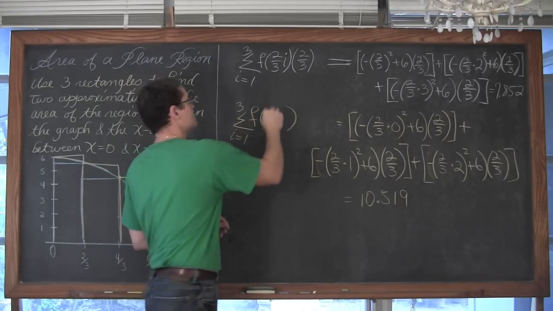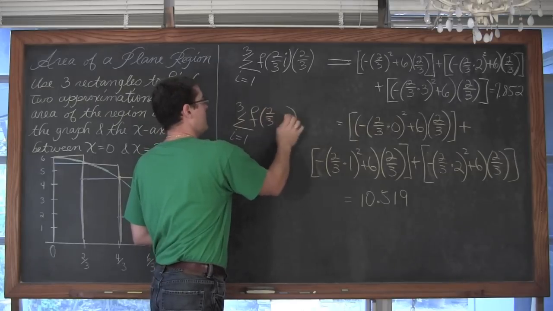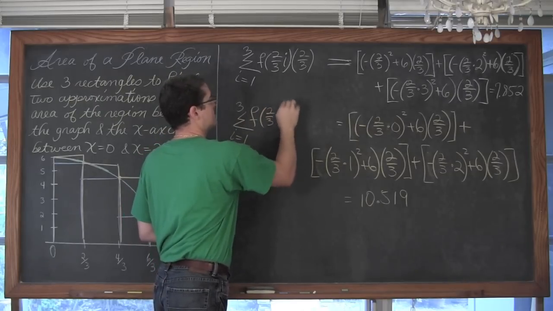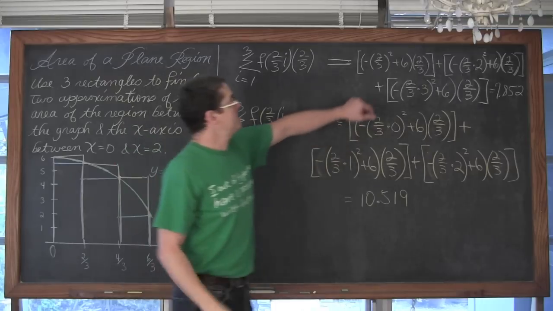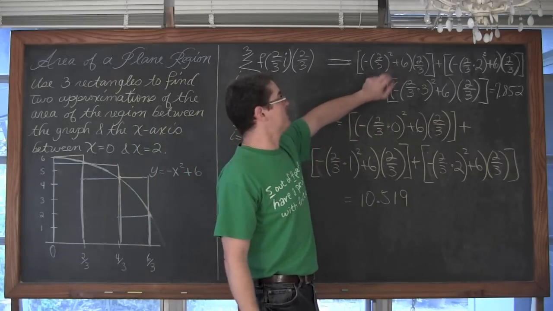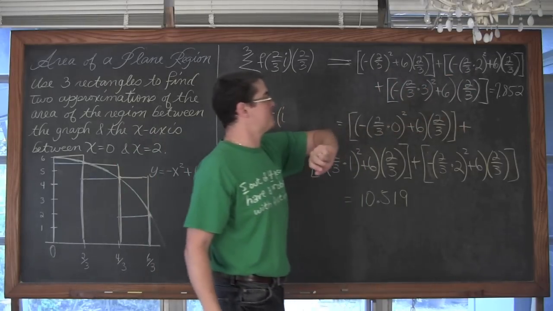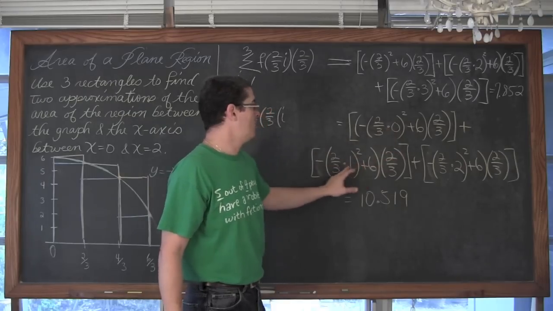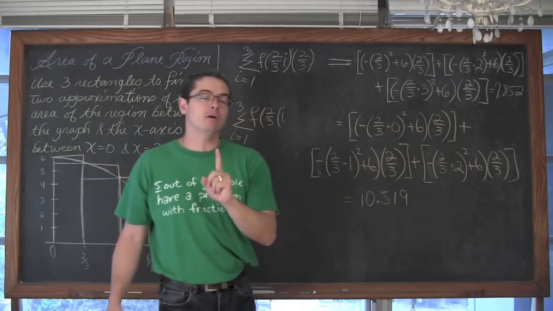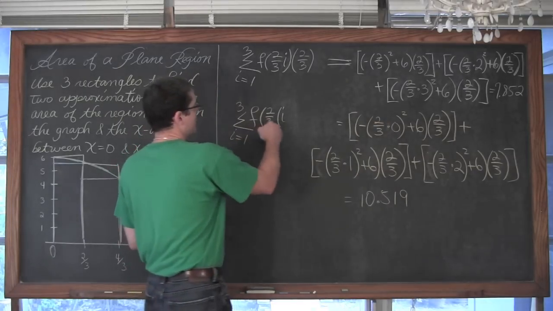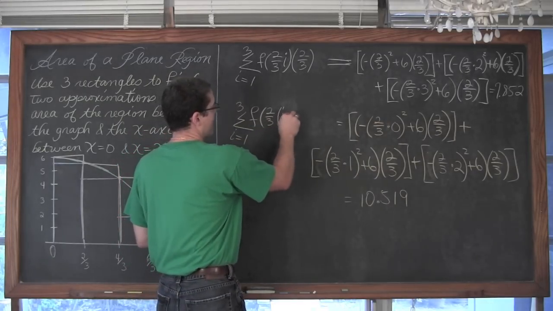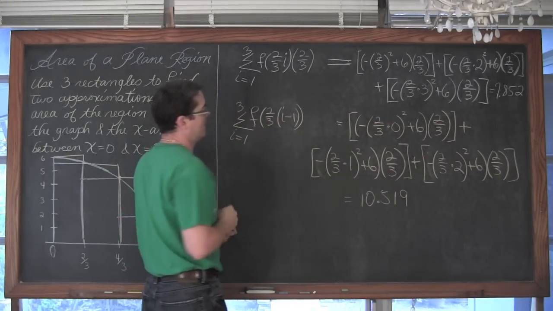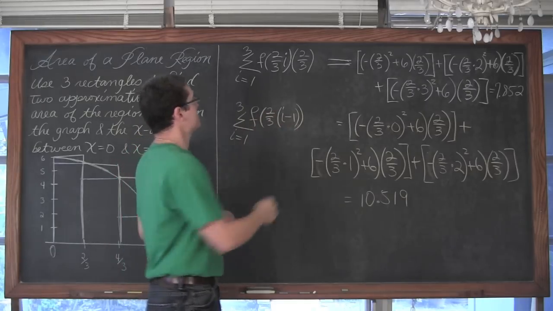We took 2/3 and we did not just take 2/3 and multiply it by i. You see here, in the original problem, we did 2/3 times 1, 2/3 times 2, and 2/3 times 3. Well, now all those values that we're multiplying 2/3 by are 0, 1, and 2. They've shrunk by a value of 1. So we need to do f of 2/3 times i minus 1, close the parentheses, times